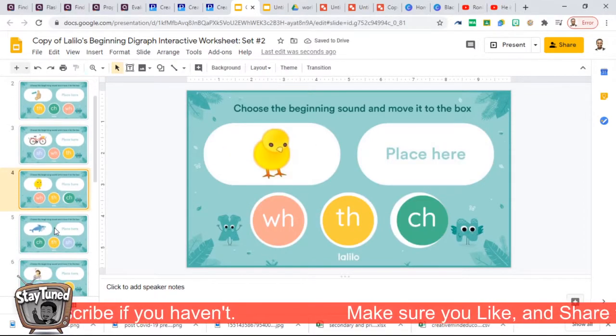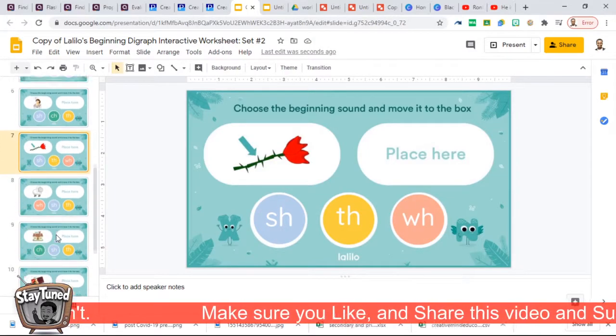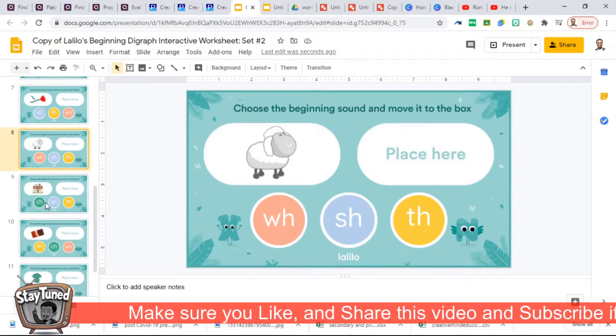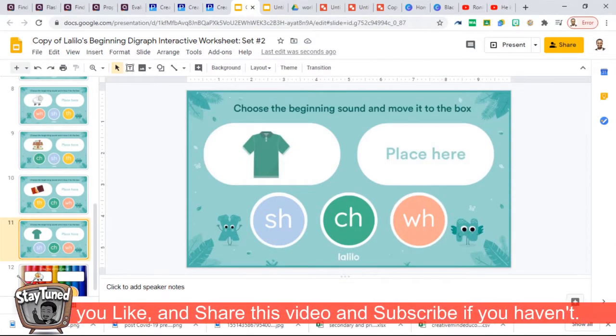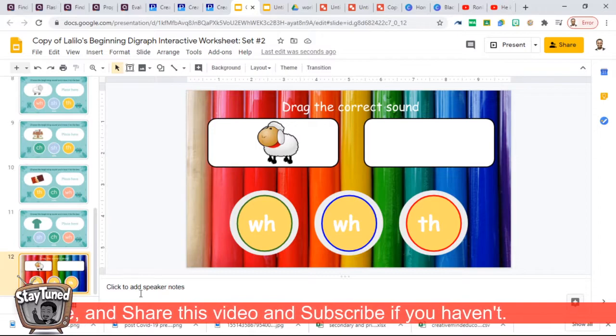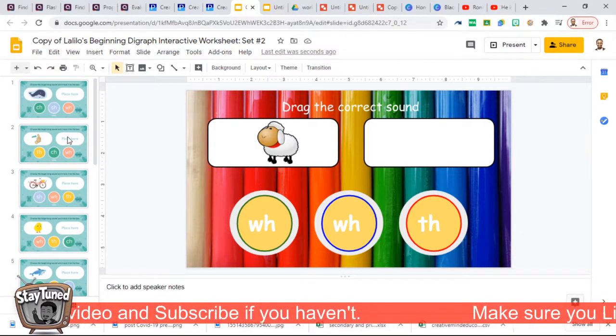You can make this a kind of exam where children drag all the answers. You can also do it in such a way that children can fill in the form, they can answer it in form of literacy, numeracy, and more. So Google Slide is very good, fun to use. I'd like you to give Google Slide a try in your school, and I'm very sure that this will be